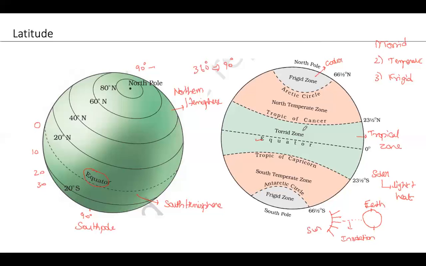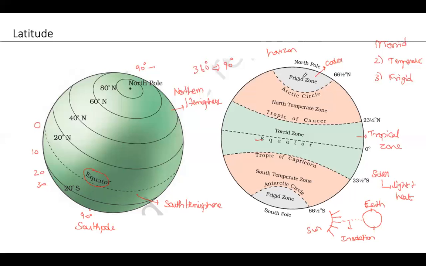Whereas at the equator and Tropic of Cancer it is very hot, and in the temperate zone it will not be that heavy, and we cannot see the sun exactly above the head. Whereas in the tropics we can see the sun exactly over the head, at least once a year at any point of the latitude. In the temperate zone, the sun usually will not go directly overhead, but the sun will be reaching there. Whereas in the frigid zone, the sun will be only on the horizon, so it will never rise up.